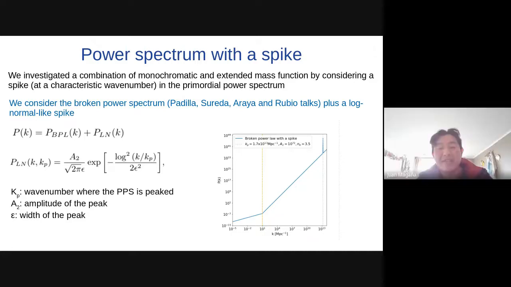Right? Yes, they are very closely related, but you are correct. We choose a wave number where the primordial power spectrum is peaked, and after that we translate this wave number to a mass.